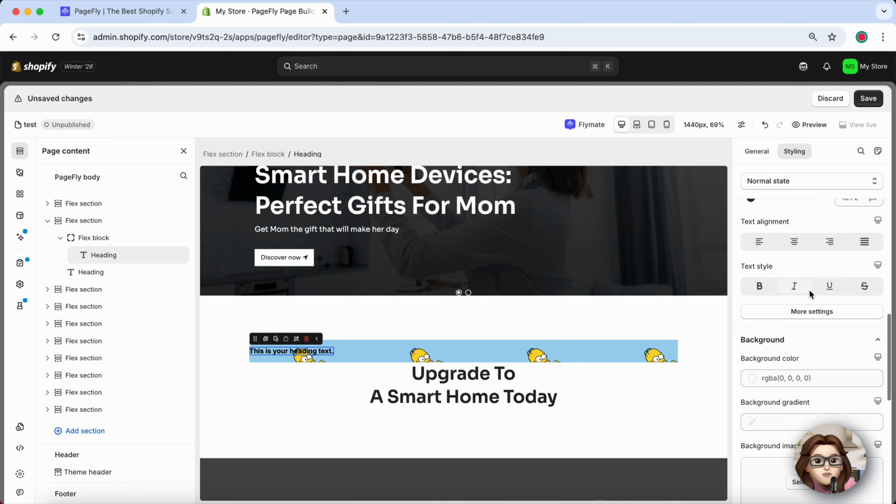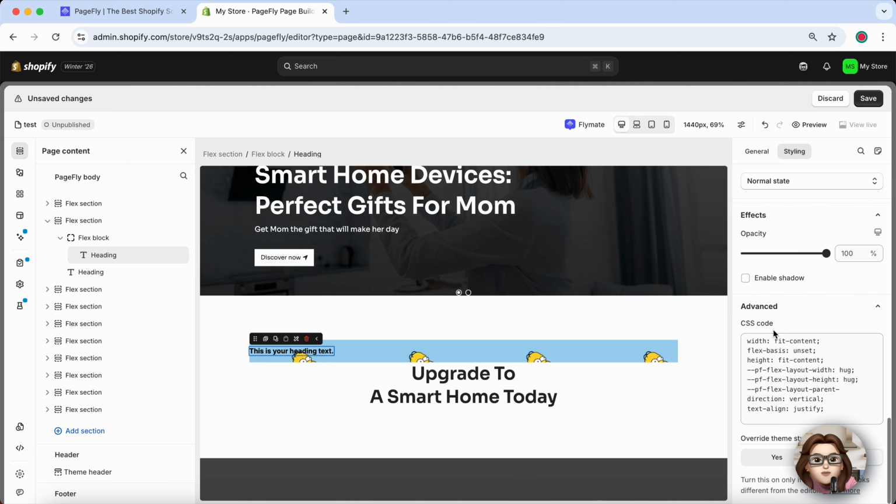That's it. You've successfully added text over an image on your homepage using Pagefly, creating a strong and